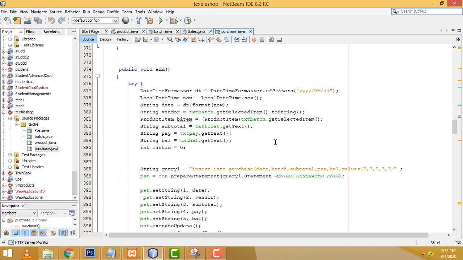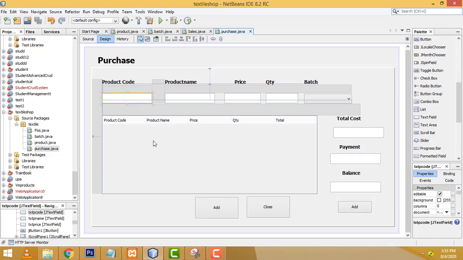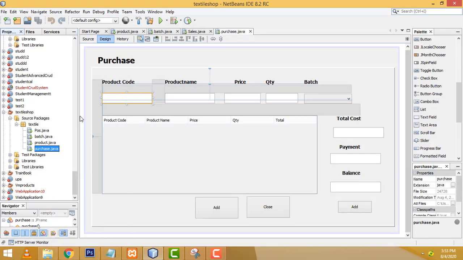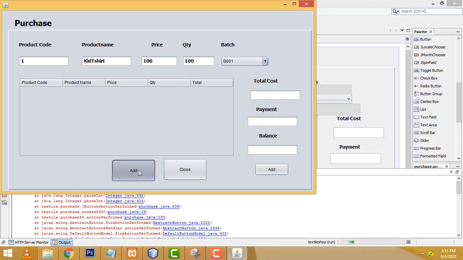After that, what I did here is, this is what we have to get from the product table. When you enter the correct one, it is displayed over here. If you enter the wrong one, barcode not found. But the quantity, batch number is the first batch number. We have to add it here. Sorry, not here, this one. Add here, it's added successfully. This is the final total we added here. That's very simple.